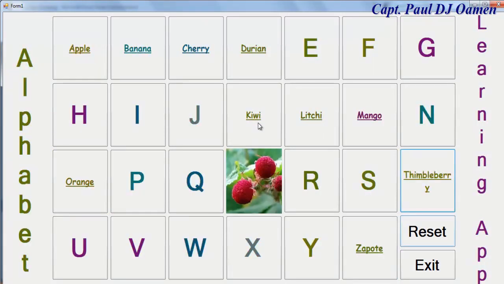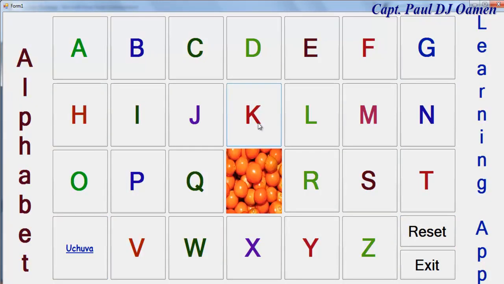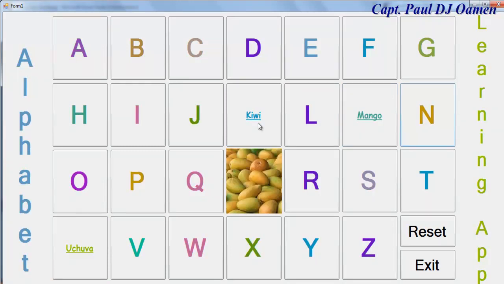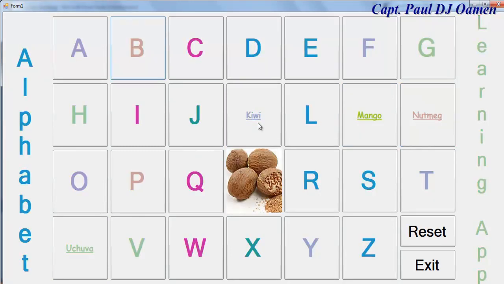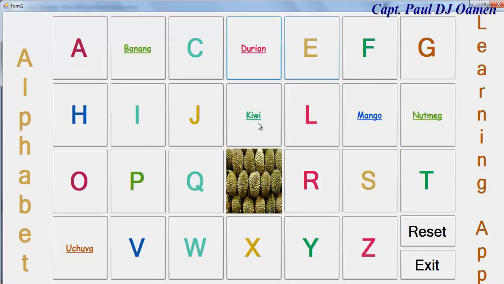The other thing on this app is we can always reset it. There we go, and start all over. K is for kiwi. M is for mango. N is for nutmeg. B is for banana. Okay, so what I'm going to do now is I'm going to take you guys straight into Visual Studio